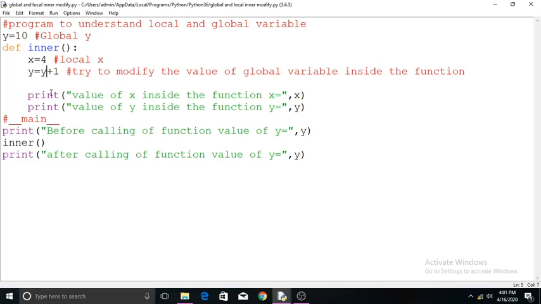Suppose the program has two functions. An innermost function is also available in this, and that function is also using the same y. This function will not return a value outside.